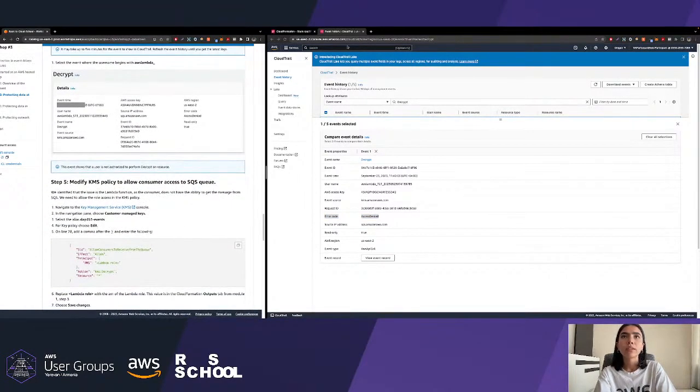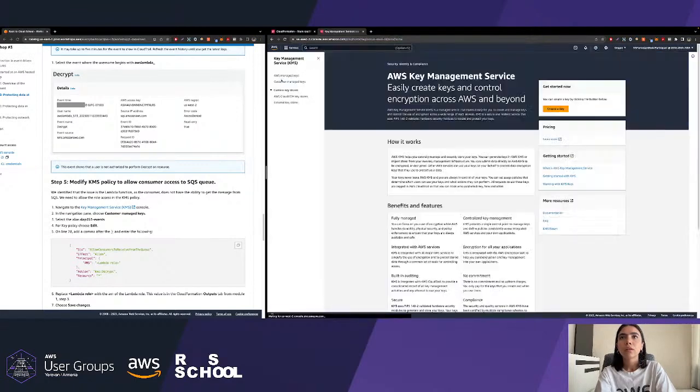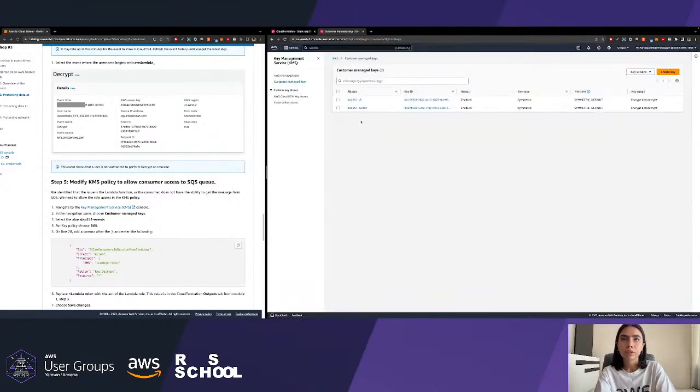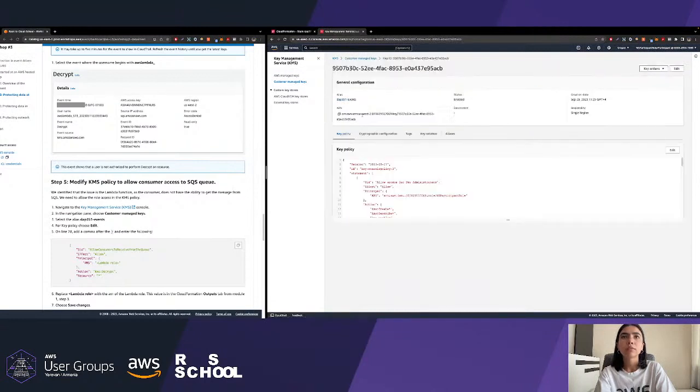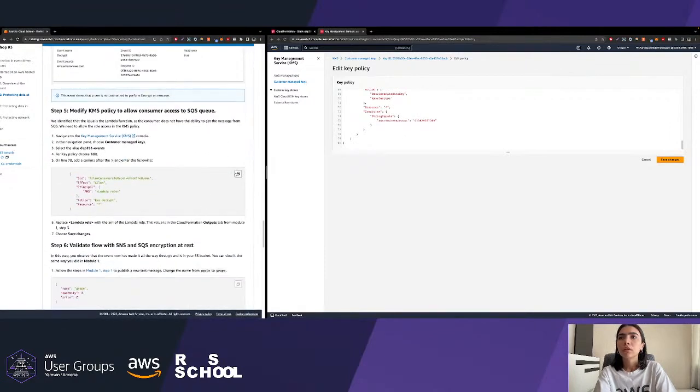So we need to make another update to our KMS key policy to allow our consumers of the encrypted data, for example Lambda function, to consume the messages from the encrypted queue. Okay, so for that we just go to the KMS again, the key policy, and we are going to edit it.